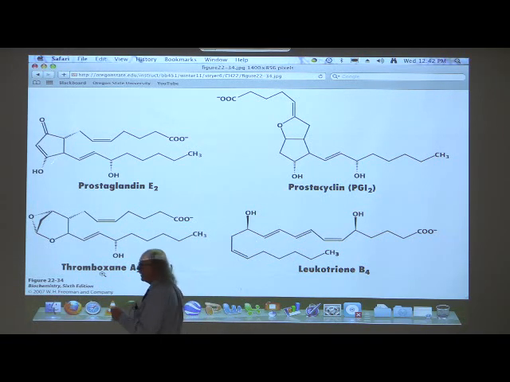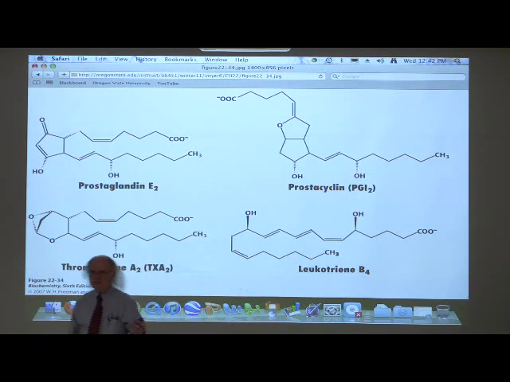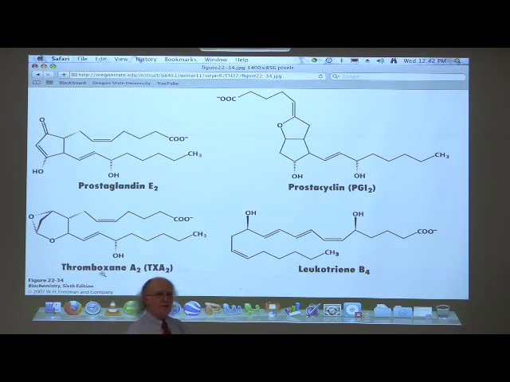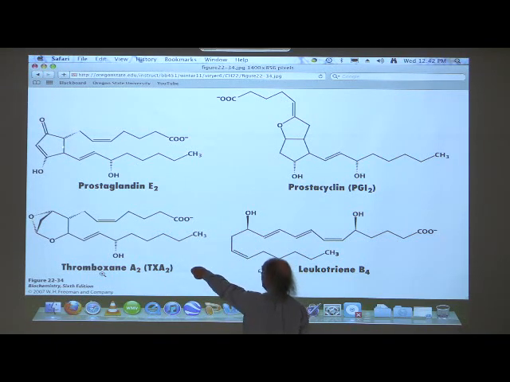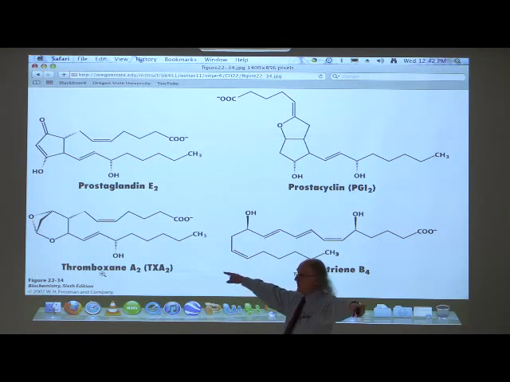One of the things that happens in the prostaglandin synthase, that is the COX enzyme, the cyclooxygenase enzyme, is that the enzyme catalyzes the formation of this bond right here. Okay? It catalyzes the formation of that bond right there. That bond does not exist in the fatty acid because it's a linear chain. This guy puts a bond, makes that 5-member ring, and the reason it's called a cyclooxygenase is it's making a